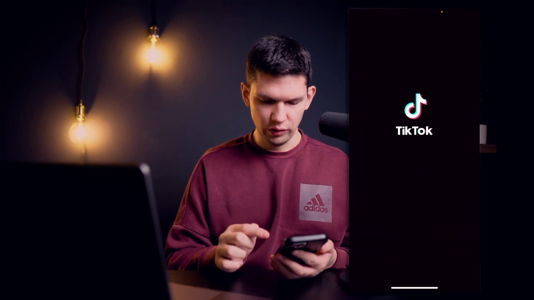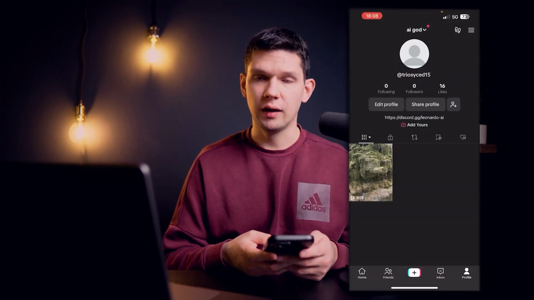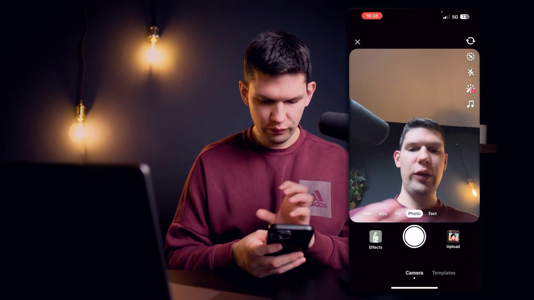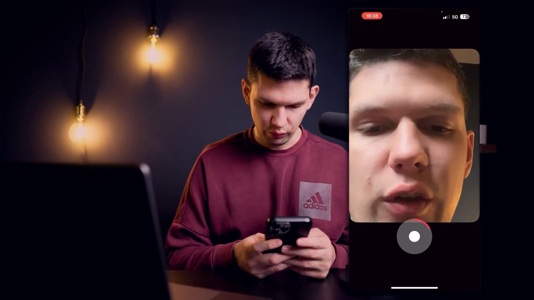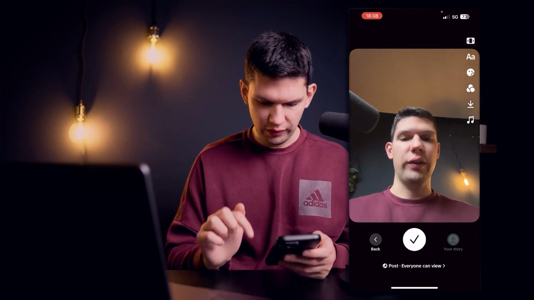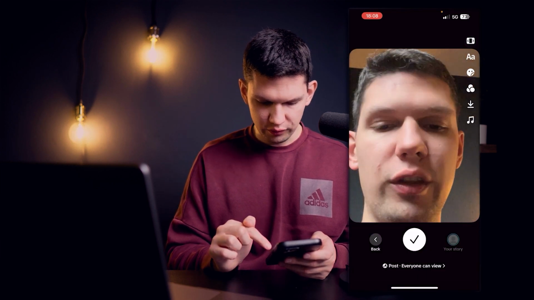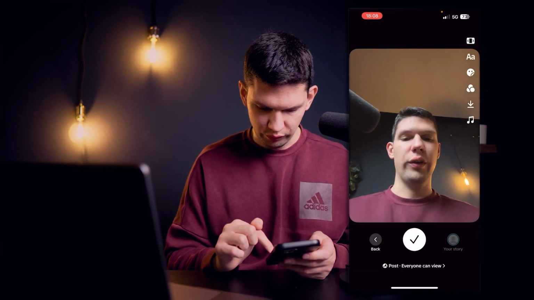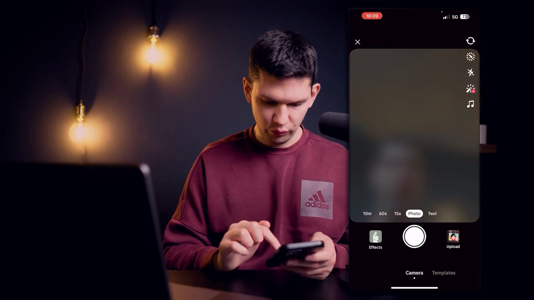So what you need to do is go on TikTok and click on the plus button at the bottom. Click on the plus, and if you're here on this photo, if you just hold, it's going to record a video. And here you actually can't save it to draft. You can post it, add it to your story, or download it. So usually here it will be the download button, but the other way to do it is to click on